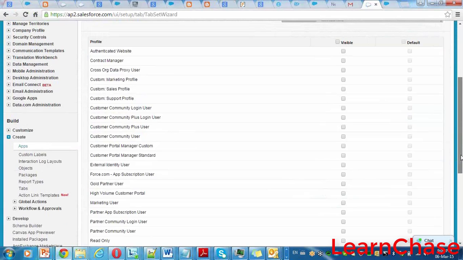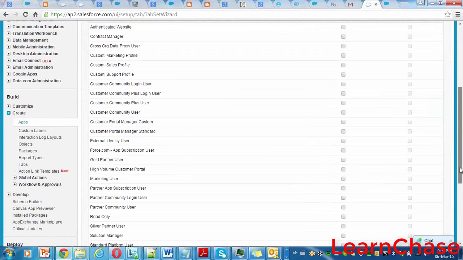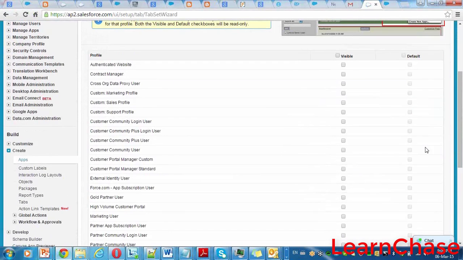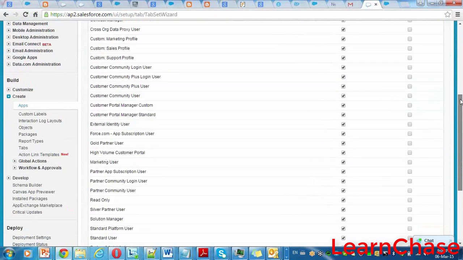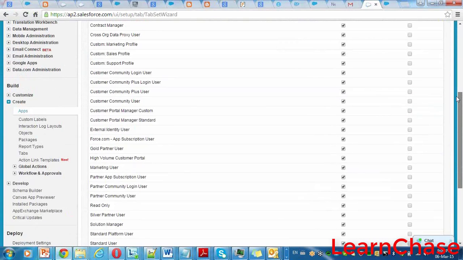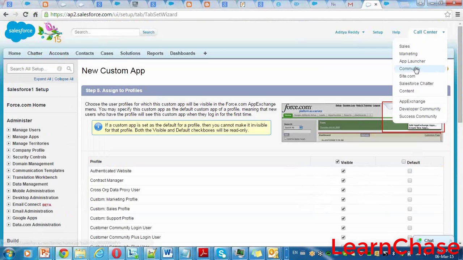Right now I'm giving this application access to everybody, and you can select this application as default. What is meant by default? When you log into your Salesforce account, the first application it shows is your default one. Normally a default tab means it will open that tab. A default application means among these applications it will open that application, student management.